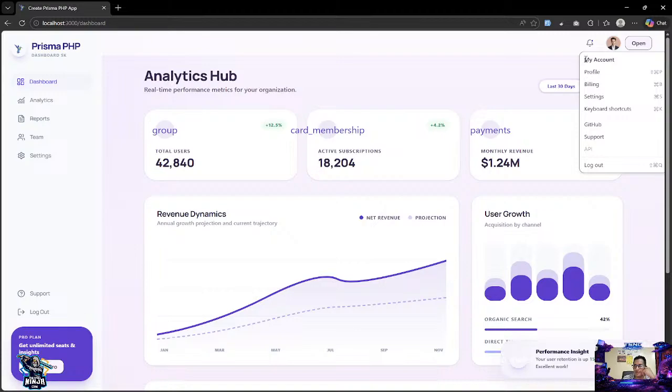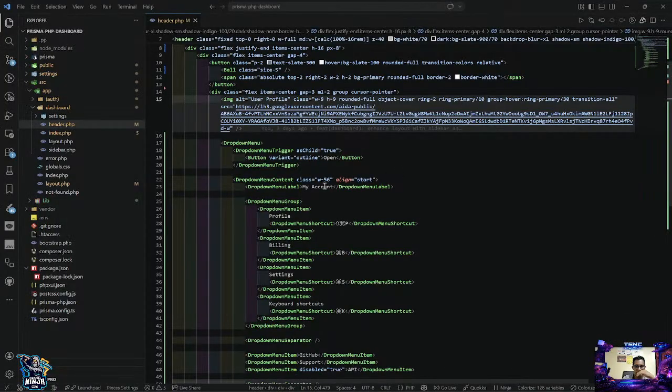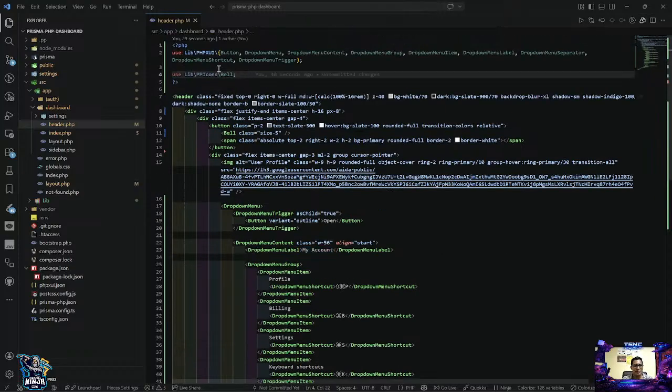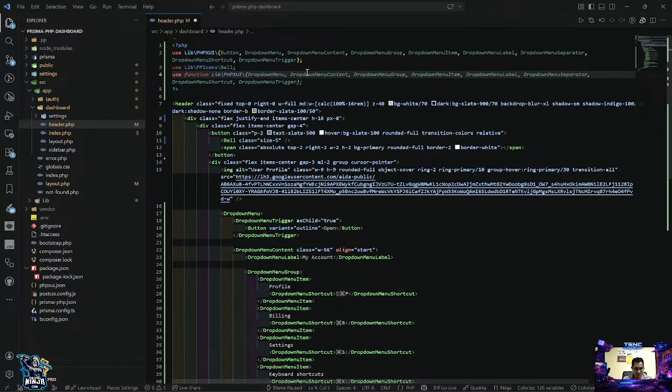I think I'm going to have the username and the profile in this case. When I click on the profile, I want to open a dialog in this case. So profile dialog. So in my account, in this case, instead of saying my account, what I want to put is the username. Let's say the username. So how am I going to get the user info? The logged in user, we're going to